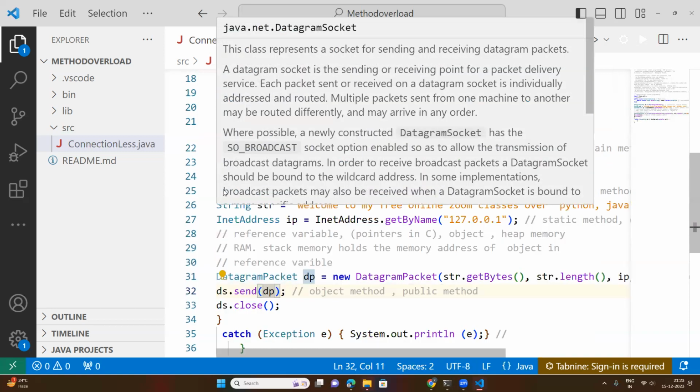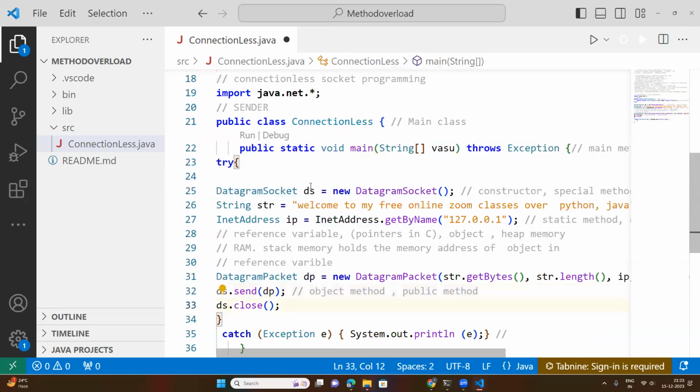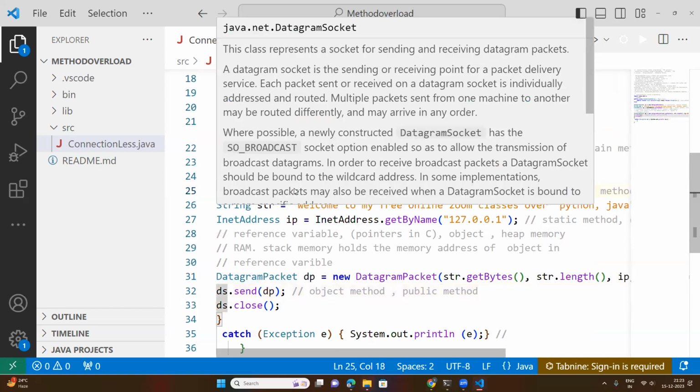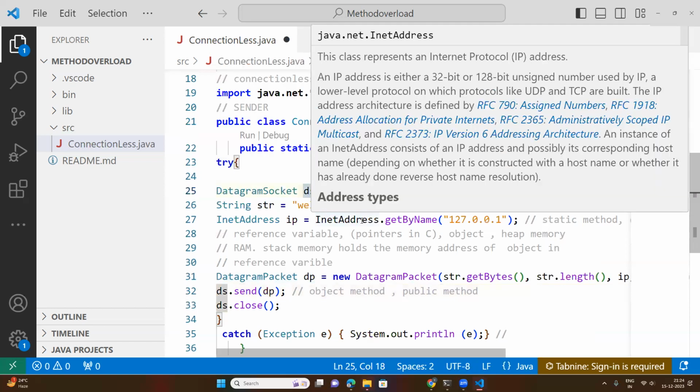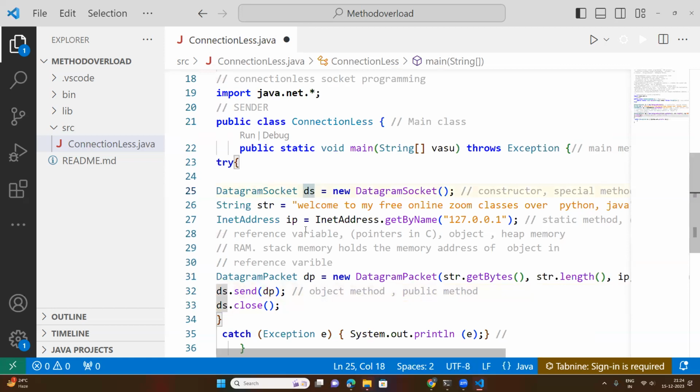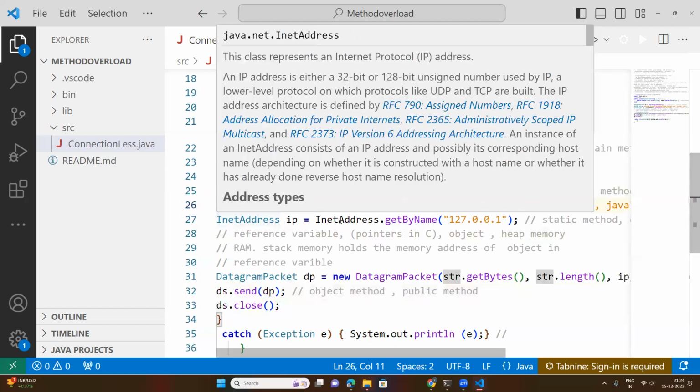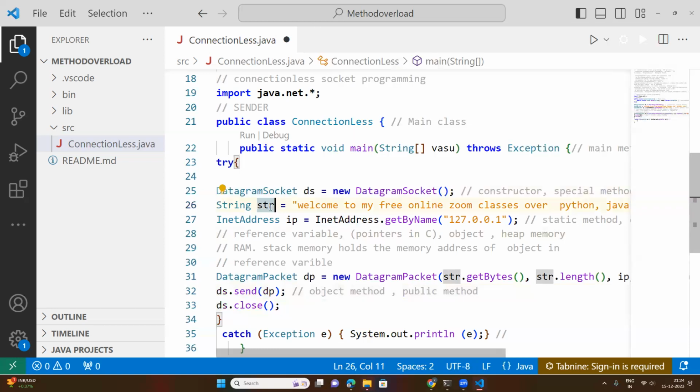Now let us try to understand initially what happened here. This datagram socket class object is created. I told you that datagram socket class will be used to create the socket between the devices. Once the socket is created, for that socket constructor I have passed nothing here, but here I have created one string. Which string do I want to send? This is my string. I want to send that string. This IP address here